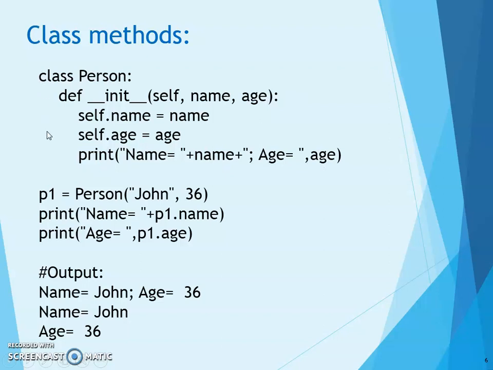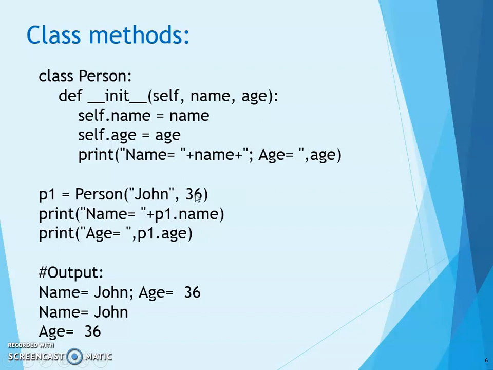So this is the class definition. Now here we are creating an object of the class. p1 is an object of the Person class, and for initialization we want two parameters. Self is by default not necessary to pass. So one argument we want to pass is name and one argument is age. So for initializing this, we are passing two parameters, one is a name and the second is age.